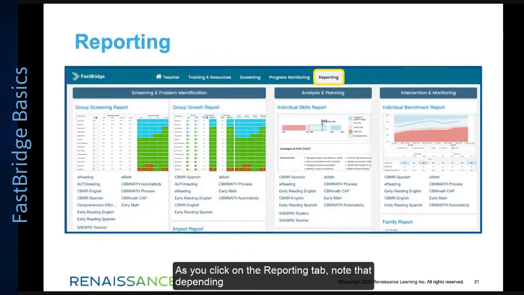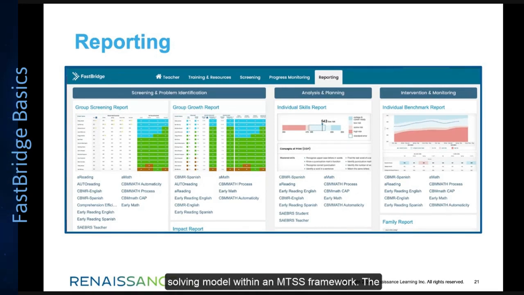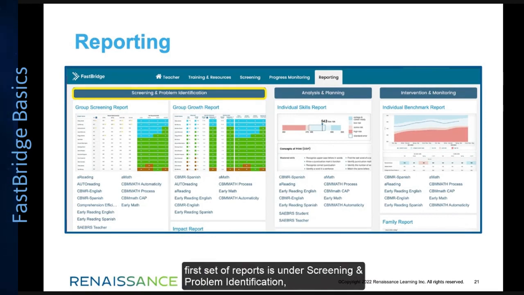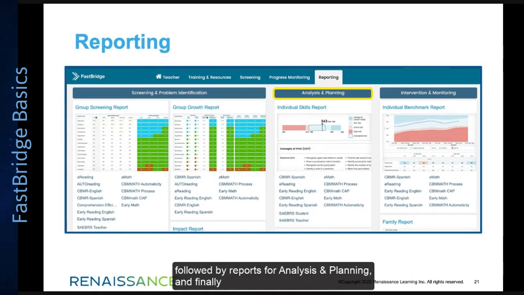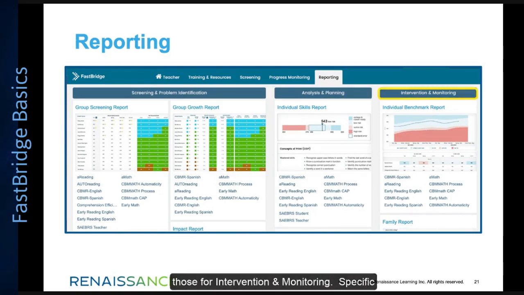As you click on the Reporting tab, note that depending on your user role, you may have access to different reports. For example, teachers and specialists have access to different reports than managers do. This view is showing the reports that are available to teachers. Managers have access to group reports at the school and district levels. FastBridge reports are organized into three main sections that follow a 5-step problem-solving model within an NTSS framework. The first set of reports is under screening and problem identification, followed by reports for analysis and planning, and finally, those for intervention and monitoring. Specific reports